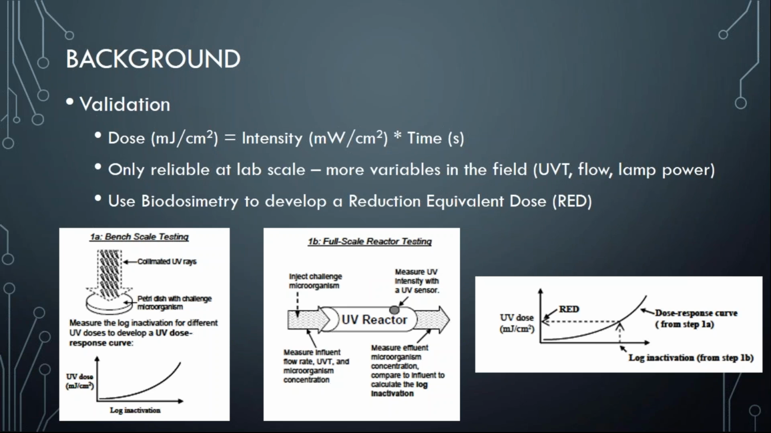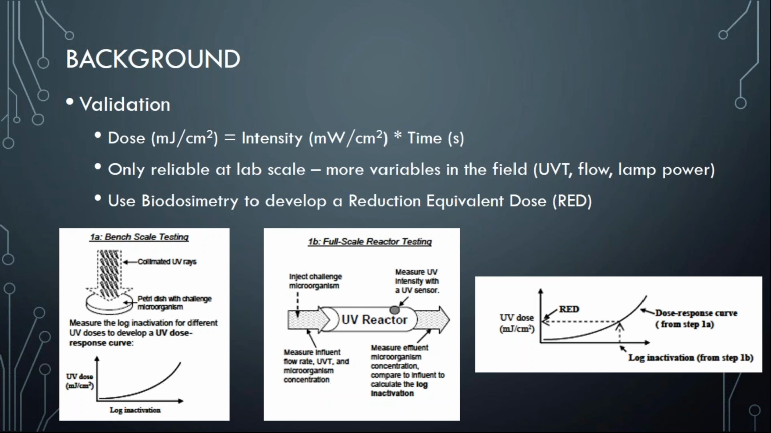So before any UV unit is used in a public water system, it needs to be validated. And this is done by the vendor or a third party. And basically, you want to really look at it in terms of the UV light dosing the water, and we can think about that in terms of the intensity of light times the time that intensity is occurring over that water matrix. So this equation, however, is really only reliable at the lab scale, because if you think about a